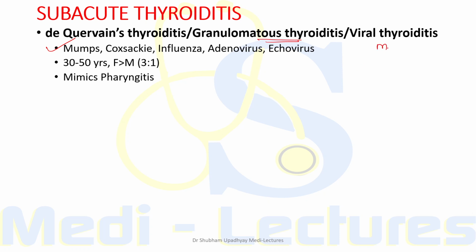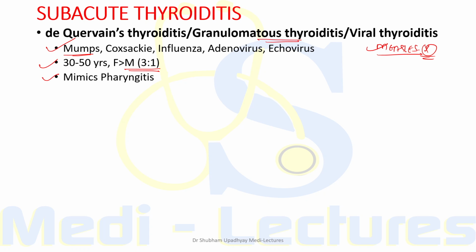The option will be measles. So the correct answer would be measles, as it does not cause viral thyroiditis, but mumps causes viral thyroiditis. Now the symptoms of this can mimic pharyngitis. Patients are usually in the 30 to 50 years age group, and this condition is more common in females